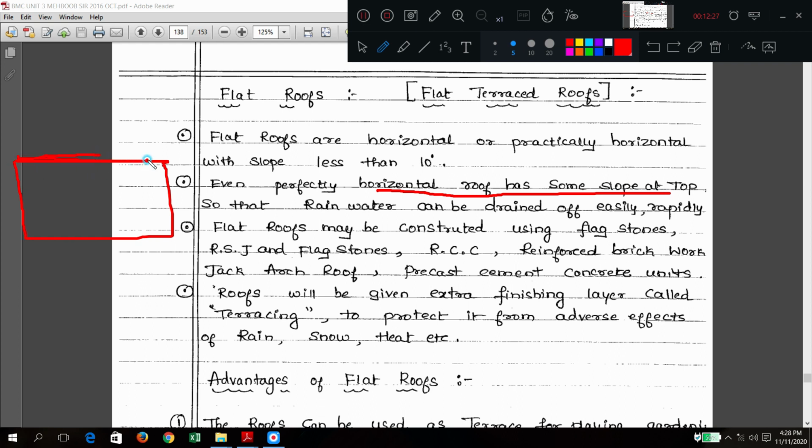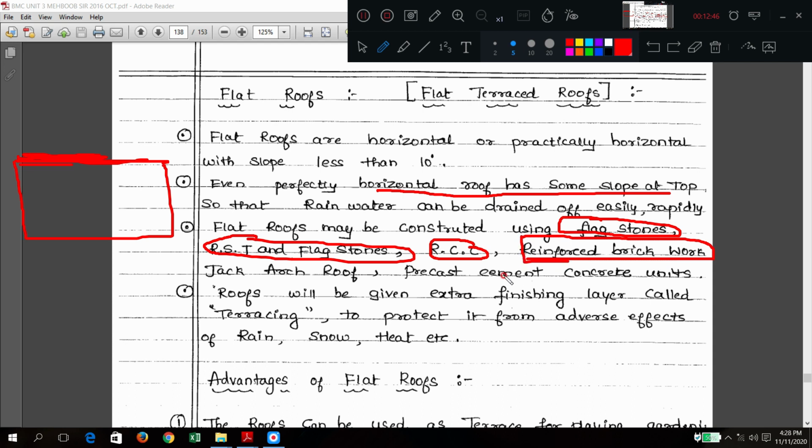What are the materials we can use for flat roofs? You can use stones, called flagstones. RSJ and flagstones combination you can use. You can use RCC slabs. You can use RB work, meaning reinforced brickwork. You can go for precast units.